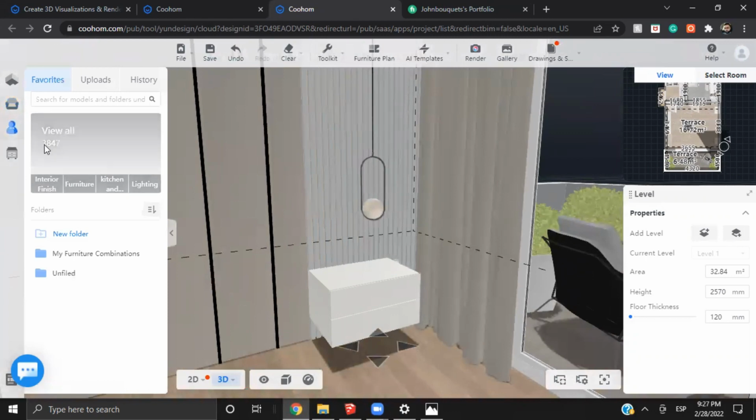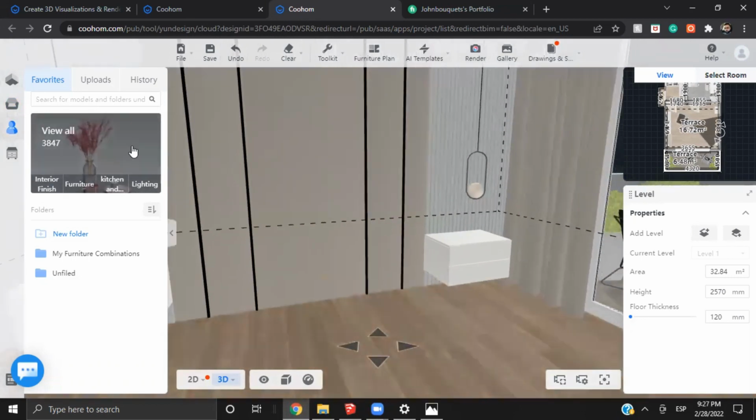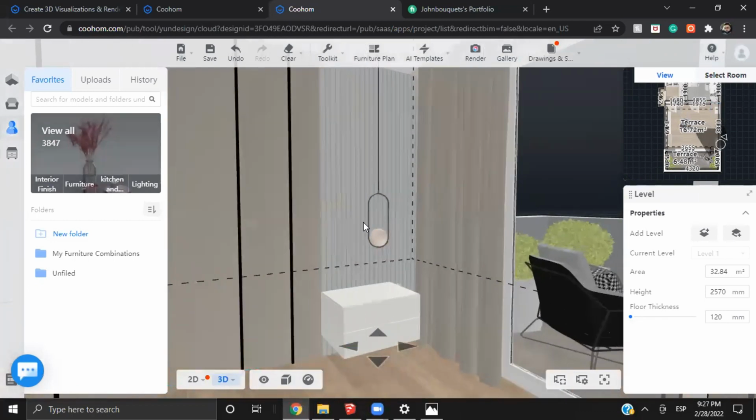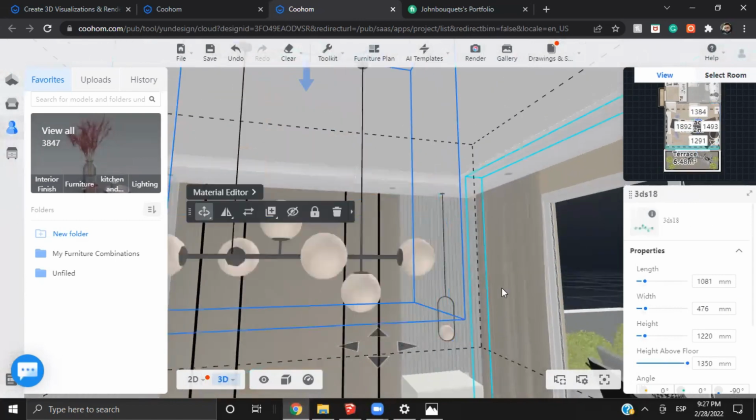I have almost 4,000 components that I've found over time and saved because they look realistic and they can be useful for future projects. This is something that I do recommend. If you see a component that you like, save it. It's going to be hard to find it again. And if you have it saved in your favorites, it's going to be way easier. These light pendants and this light fixture right here